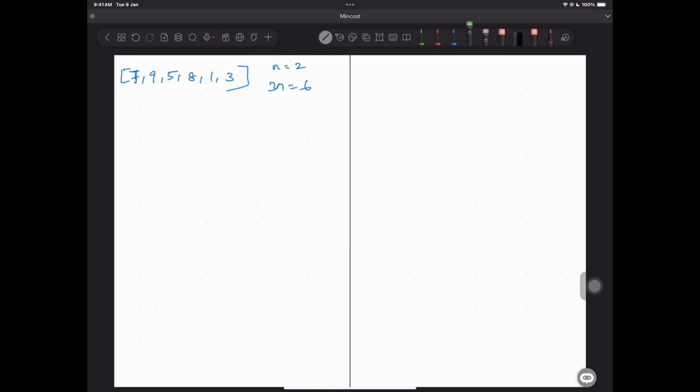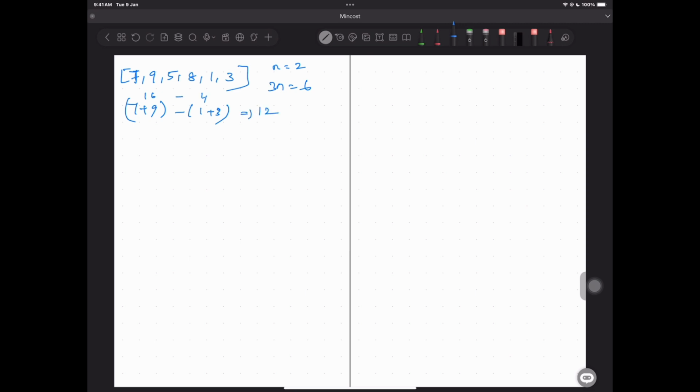We have to remove n elements from the array, and then calculate the difference between the first part and the second part. So let's take 7 plus 9 minus 1 plus 3, which is 16 minus 4, which is 12,